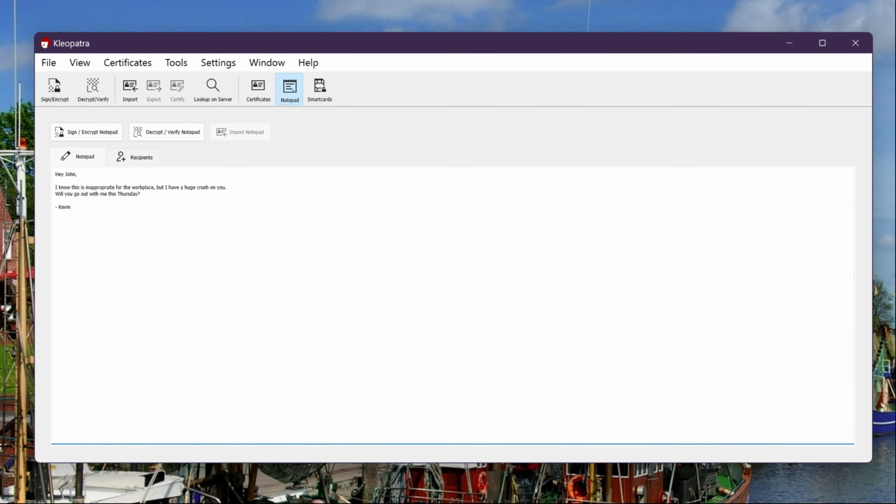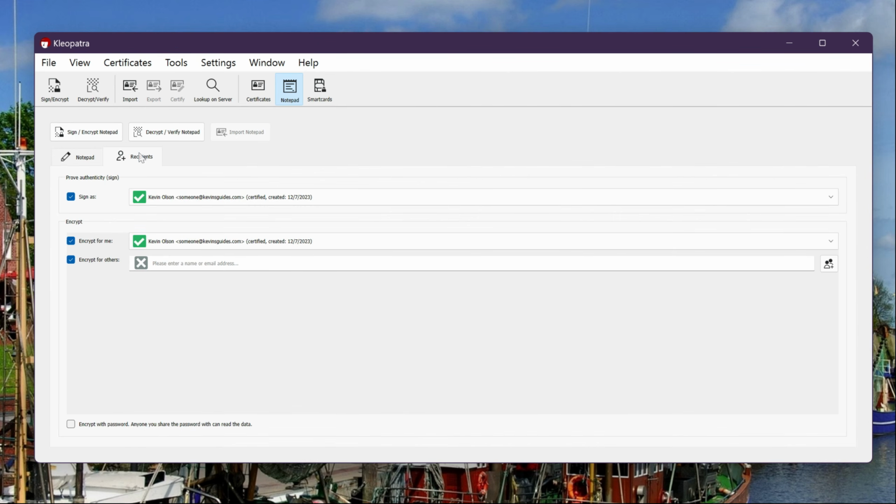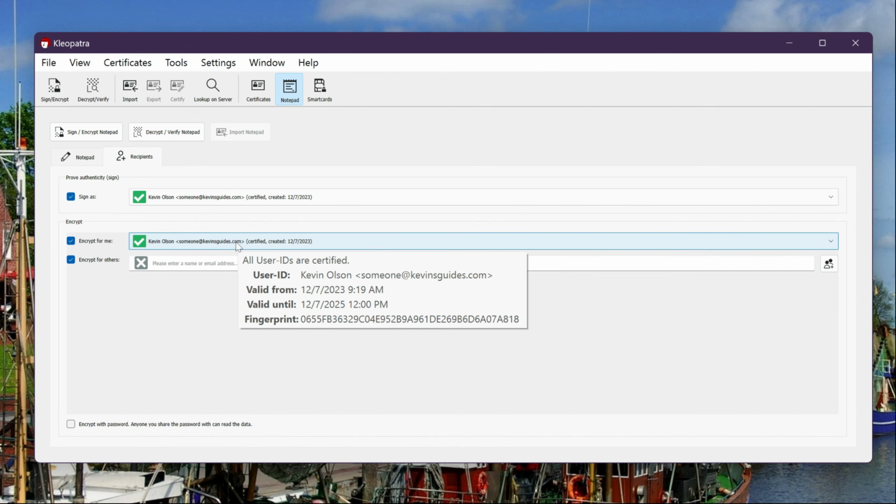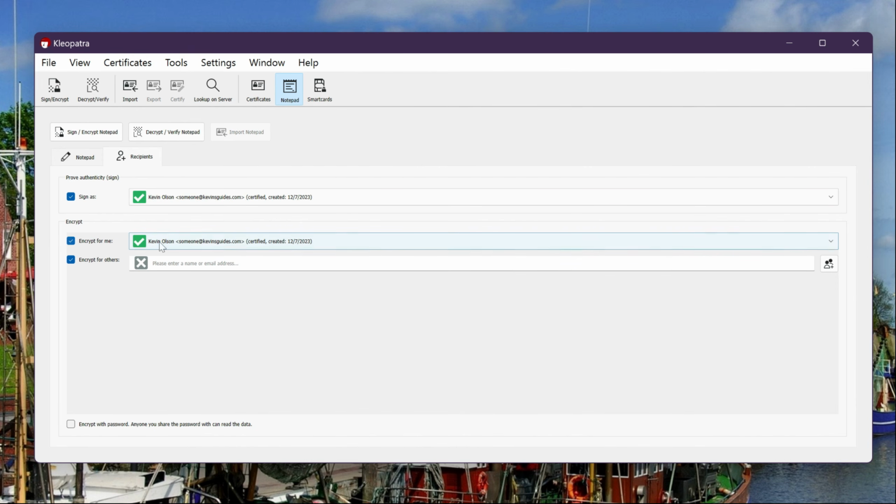Sincerely, Kevin. Okay. And my recipients sign as me, so he knows it's from me. Encrypt for me, that's fine. You can encrypt it for yourself if you want to, in case you want to be able to decrypt the message later. If you want to be super secure and only John reads it, then you might just want to